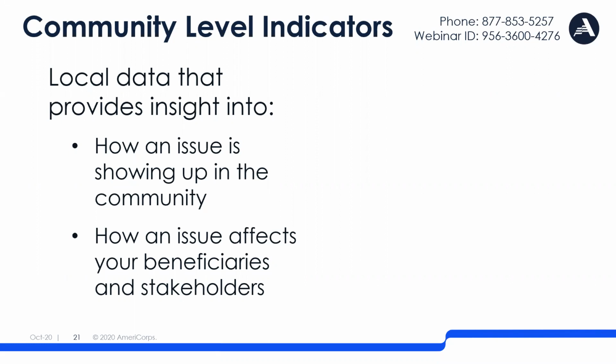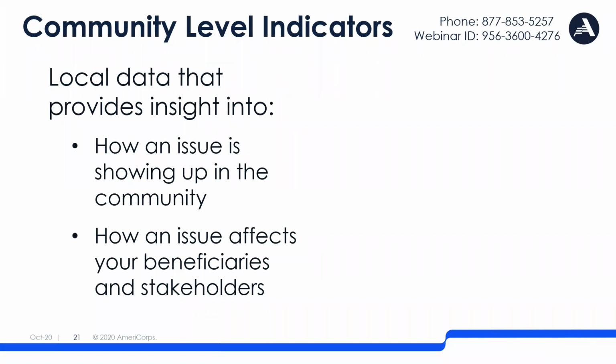beneficiaries and stakeholders. For example, if you were working on an intervention for child abuse, you could work with your local hospital to find numbers of how many child abuse related injuries were treated in the past year, or you might work with your local school district to see how many reports they average per year. If you're looking to solve issues of food insecurity in your area, you could visit with the local food bank to learn more about the number of clients they serve and the populations that seem to be demonstrating the greatest